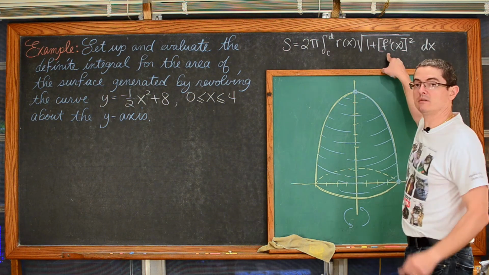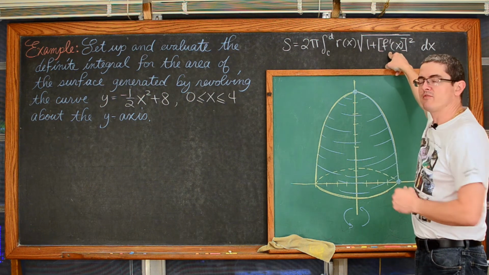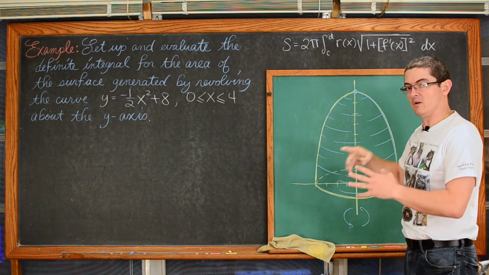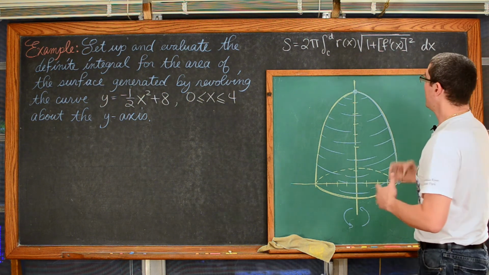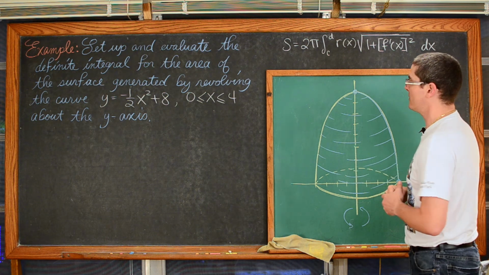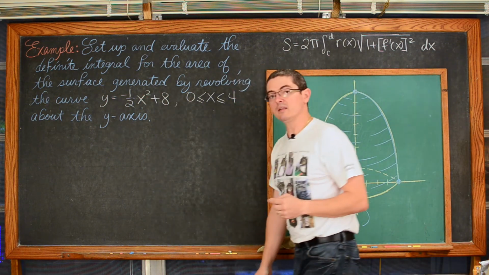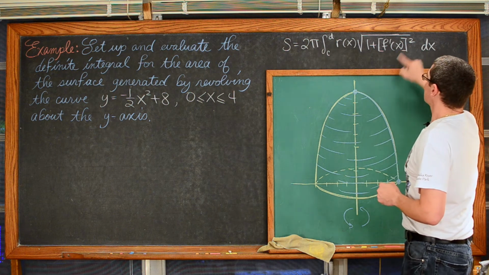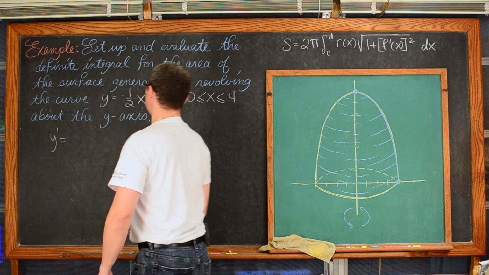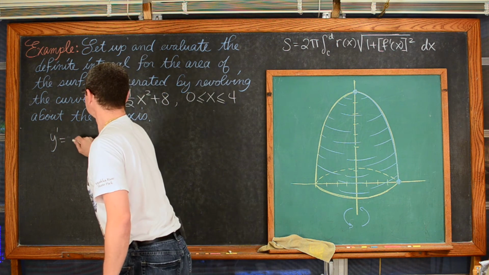Well, we still need a y prime. For these types of problems, even though we're going to be revolving it around a vertical axis now instead of a horizontal one, I don't need to rewrite the equation in terms of y to match that different direction of axis of rotation. Since it's already given y in terms of x, I can leave it that way. So I need an f prime of x squared, and then I'm going to add that with 1. So if this is my y, then y prime is going to be equal to negative, 1/2 times 2 is 1, so negative x.